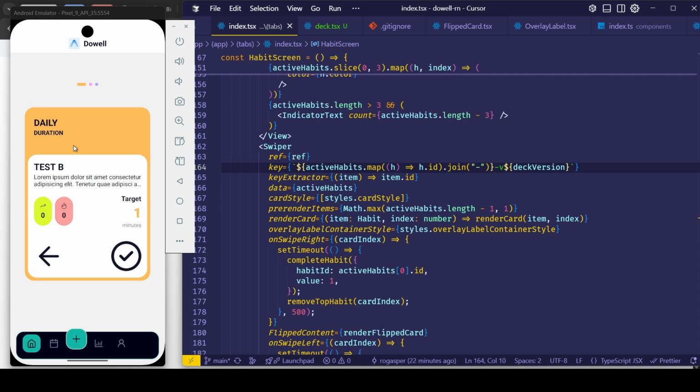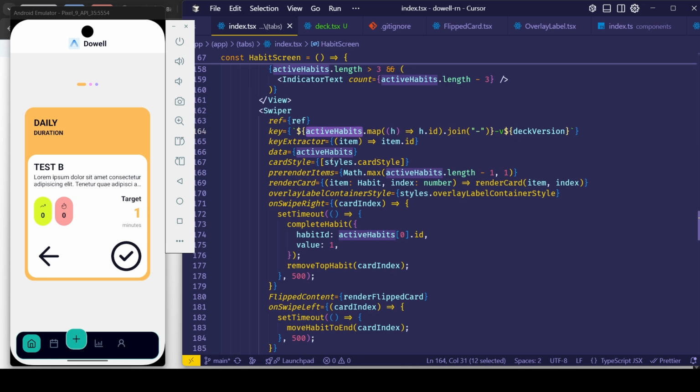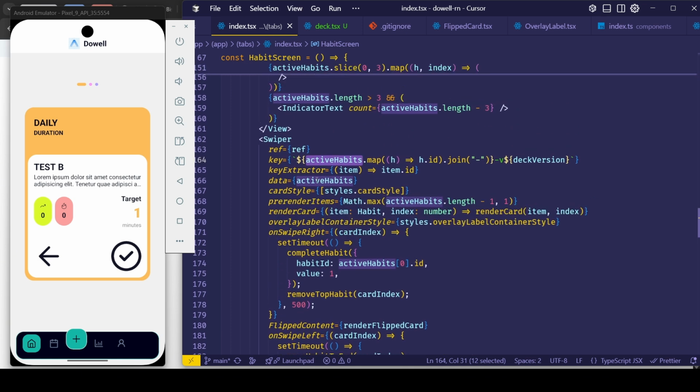If you want the existing card to be up to date and re-render, you can use the attribute key for re-rendering the card, and it will happen if the data activation habit is changed.